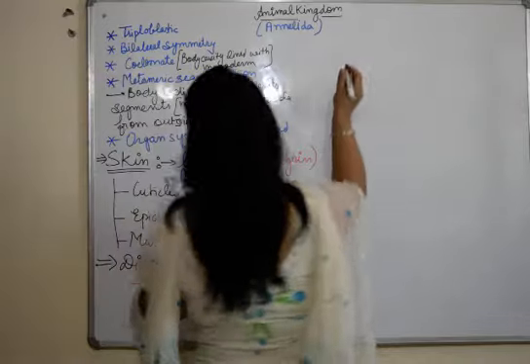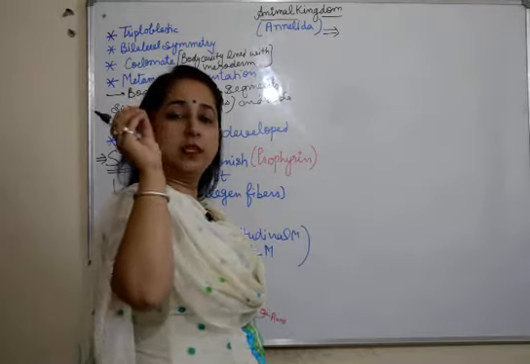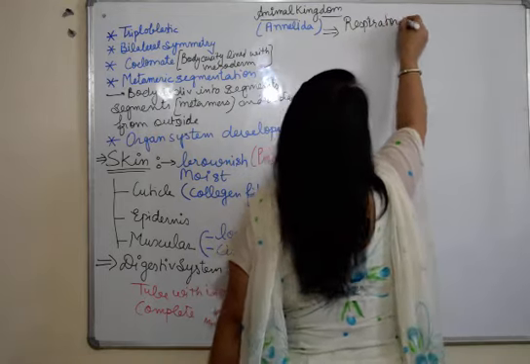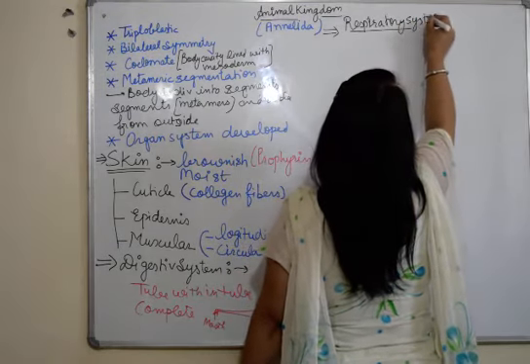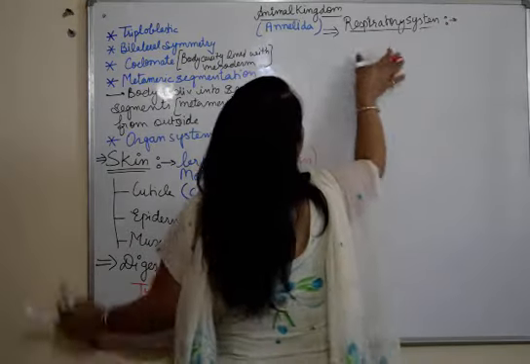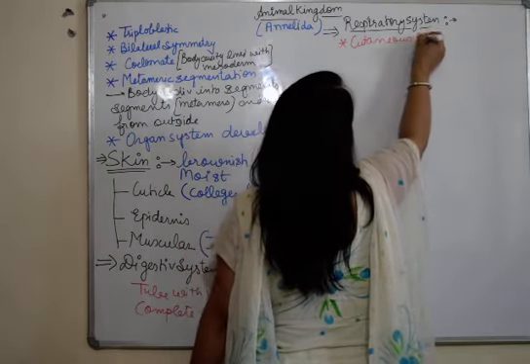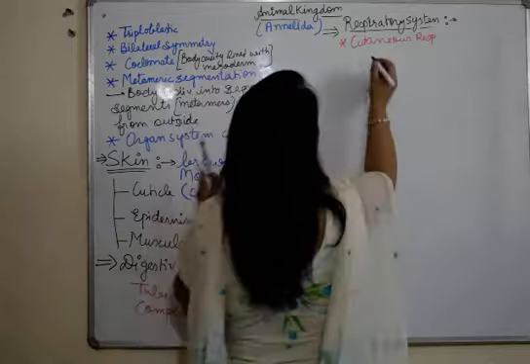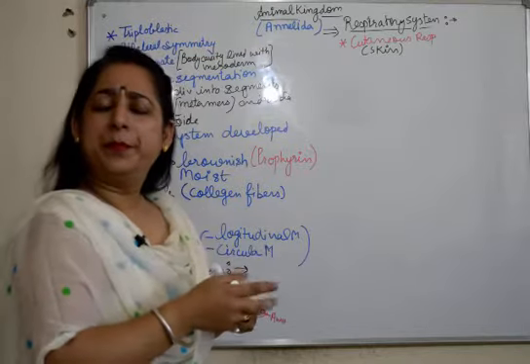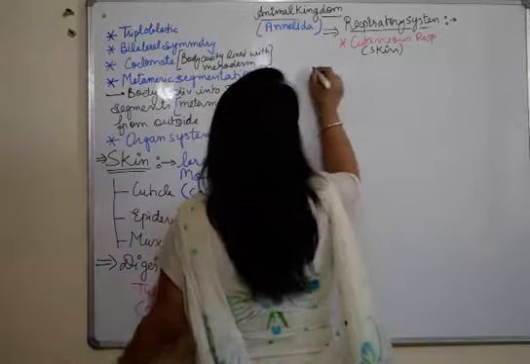The next system we are going to talk about is, first of all, the respiratory system. Now the respiration in case of annelids is cutaneous respiration. That is respiration by skin. That is why the skin is moist, and in some of the examples there are certain specific features also, but commonly it is cutaneous respiration.